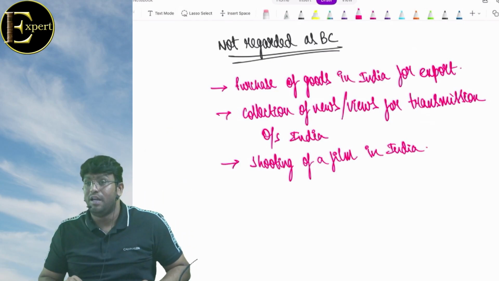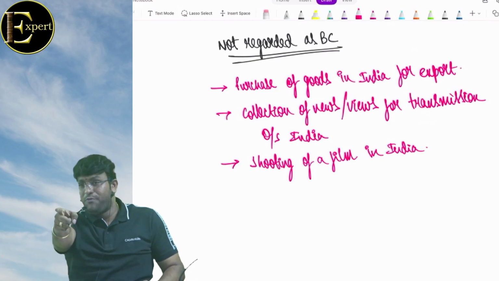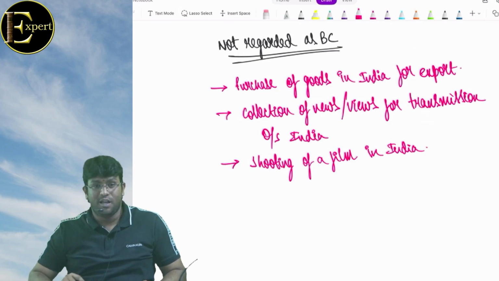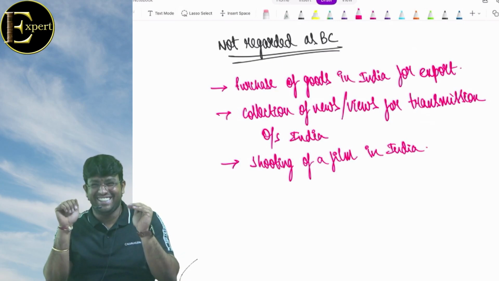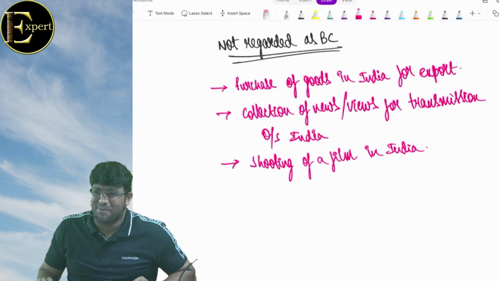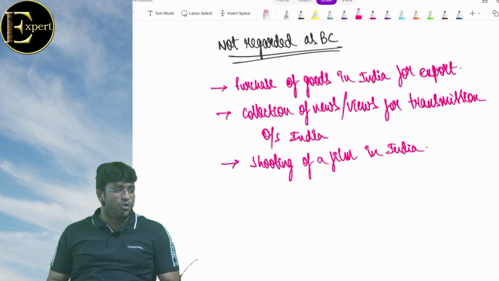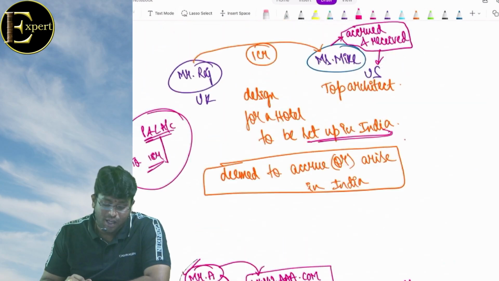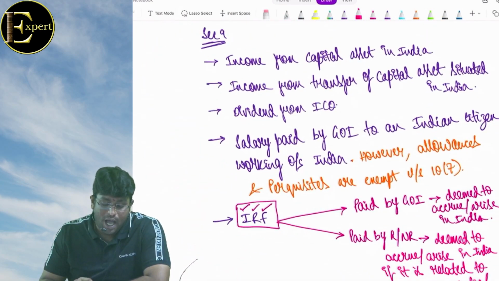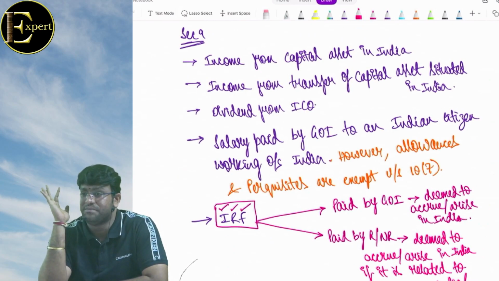But if you are a company, no shareholder should be Indian citizen. If you are a partnership firm, no partner should be Indian citizen. If you are individual, you should not be Indian citizen. अगर तू हमारा आदमी निकला भाई, समझ गया ना बेटा? सिंपल सी बात है। Sir, I hope you are getting clarity on these points, that's it. That's the story of business connection, and that is the story of section 9, which deals with income deemed to accrue or arise in India. I strongly believe that we got a clarity on this point.